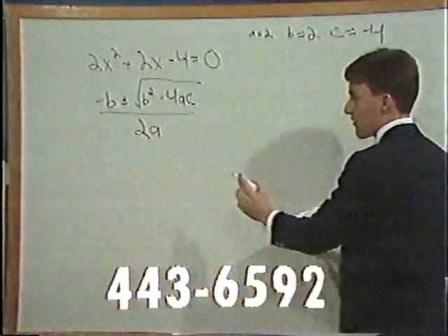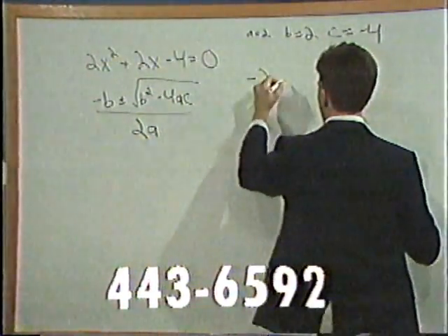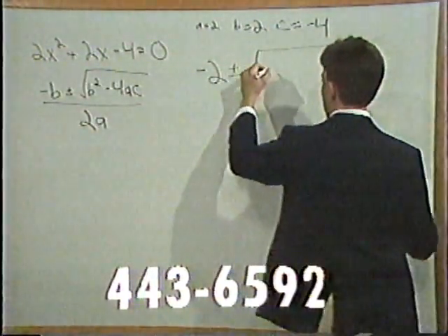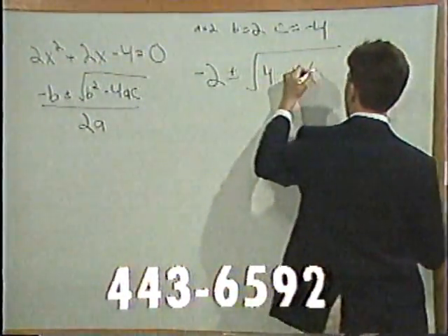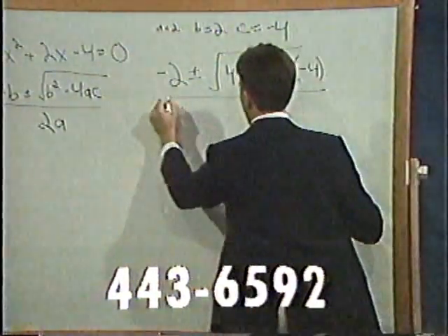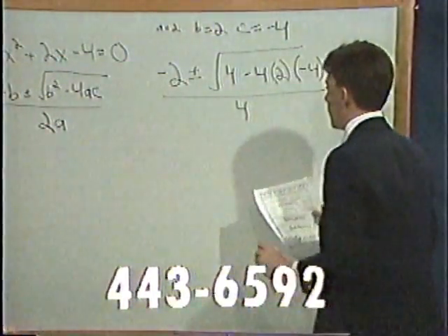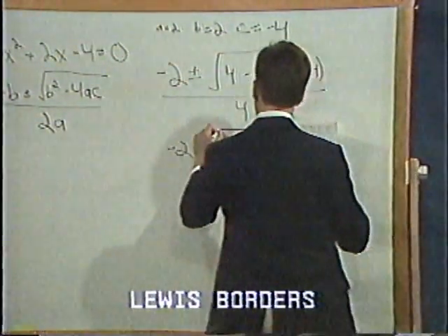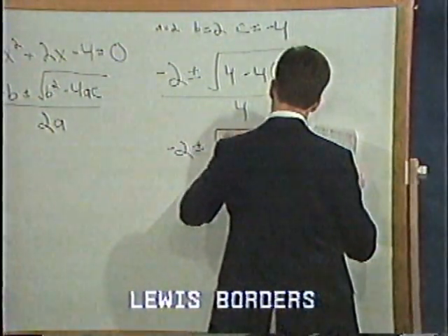Okay, now substituting in our values, the opposite of b, which would be negative 2, plus or minus the square root of b squared, which would be 4, minus 4 times our a, which was 2, and our c value, which is negative 4, all under the radical, divided by twice a, which would be 4. Okay, so it'd be negative 2 plus or minus, simplifies down to 4 plus 32,